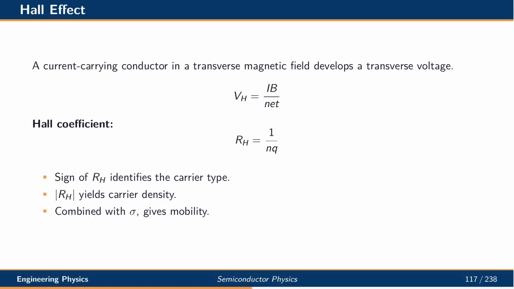When a current-carrying conductor sits in a transverse magnetic field, a voltage develops perpendicular to both the current and the field. This is the Hall effect, and the resulting voltage depends on current, magnetic field, carrier density, and sample thickness. The Hall coefficient is the inverse of charge density. The sign of the Hall coefficient tells us whether the carriers are electrons or holes. Its magnitude gives the carrier density, and combined with conductivity,